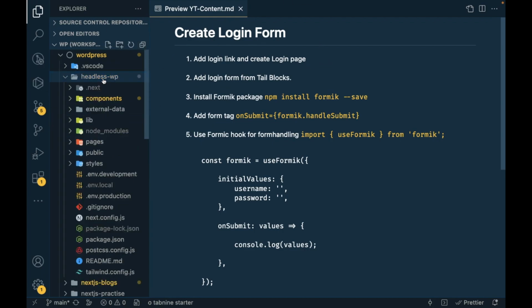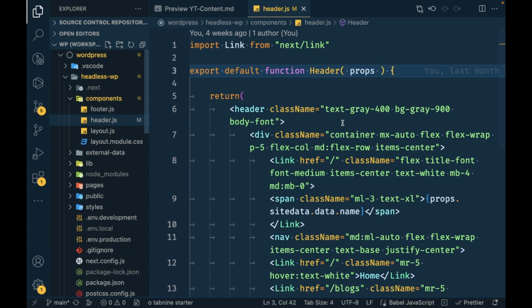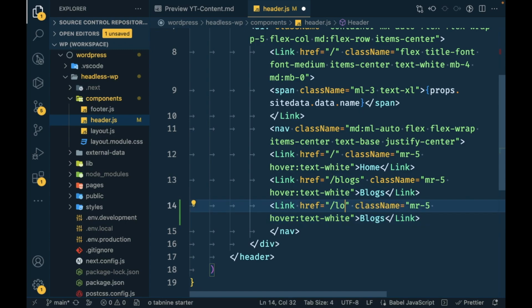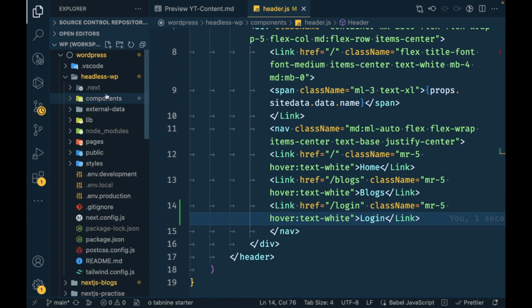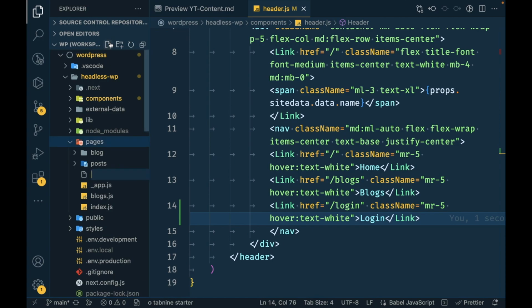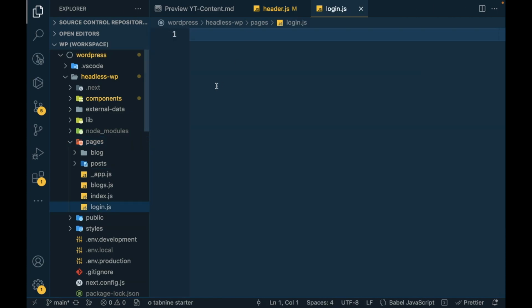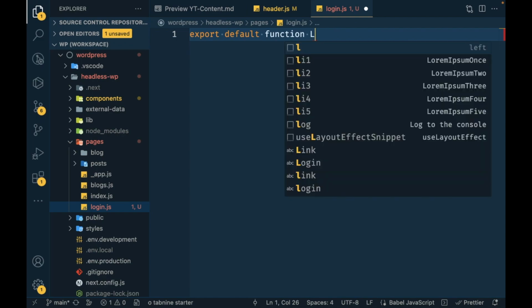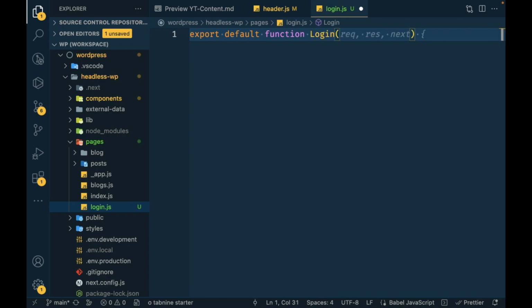So I'm going to open components header.js, and in that I will add a login link, and once we add this in the page, I will add login.js, and I will do export default function, and I will call it Login, and I will import